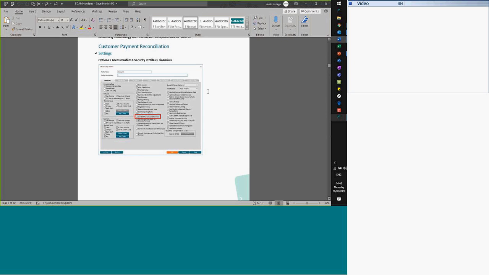Okay. The security settings, just to mention them to you. In the financial section, there is a security setting on the financials tab called Can Edit Receipts and Refunds. So this is a setting that is enabled. It means that you can go in and update the amount that's been keyed into a receipt